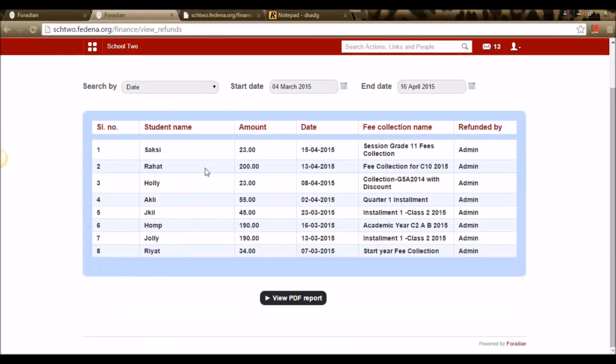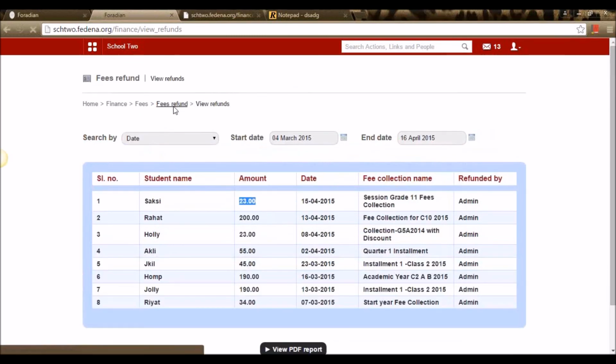So these are the refunds that I've already done from the start date of 4th of March to 16th of April. We can see the student name, the amount that they were refunded, and the fees collection that we already created. From the fees collection, we've refunded a 23 rupee amount for the student. Similarly, we can see the list of students available and we can take a PDF report of it.